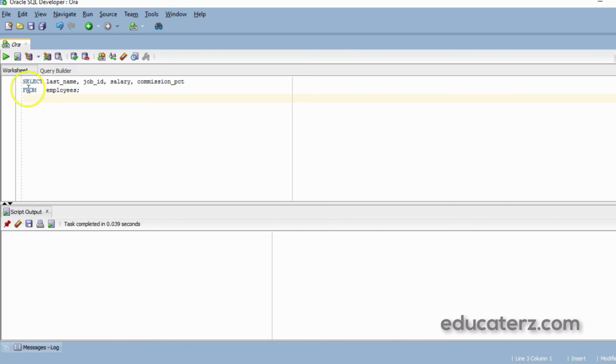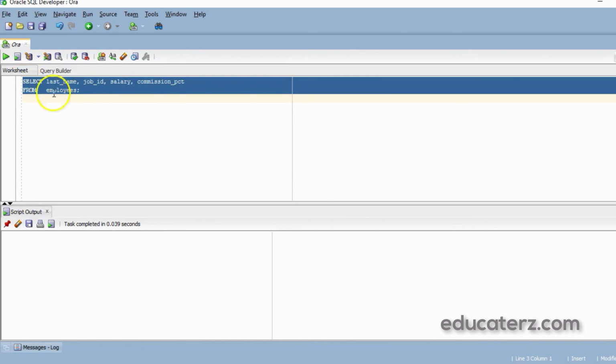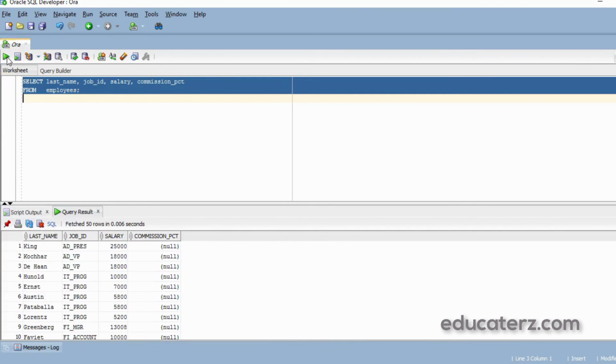The query can be executed in SQL Developer, and the result is shown here. Look at this. King's job ID is AD_PRES. He gets $25,000 and he doesn't get any commission. Let me see any record. Yes, we have records. Russell, look at this. Russell is a salesman. His salary is 15,000 and he gets a commission of 0.4. So if the commission percent column doesn't have any value, it indicates null. That means unassigned, no value at all.